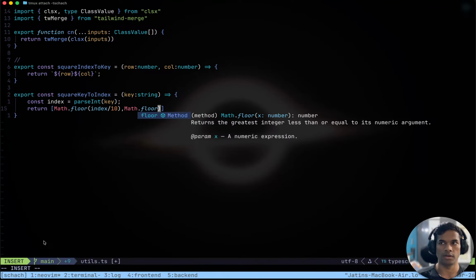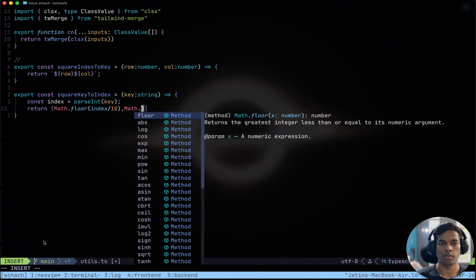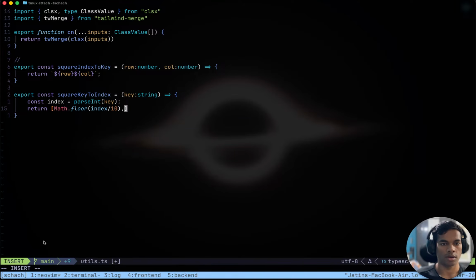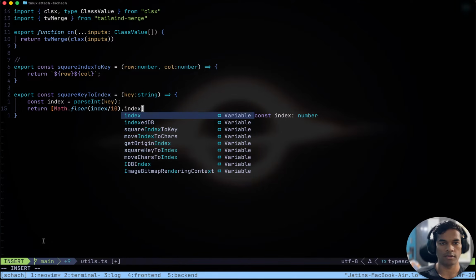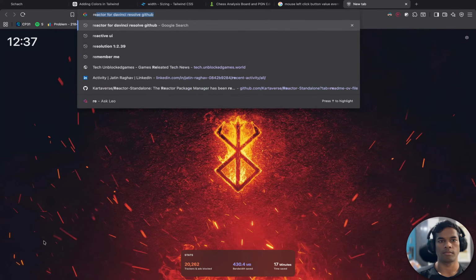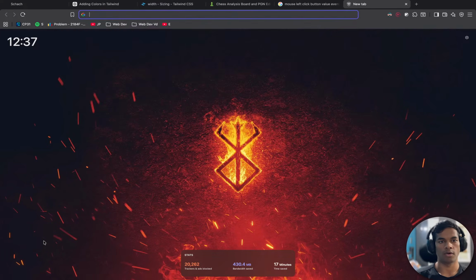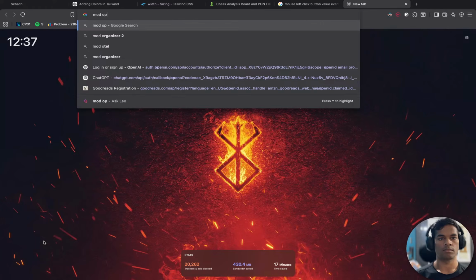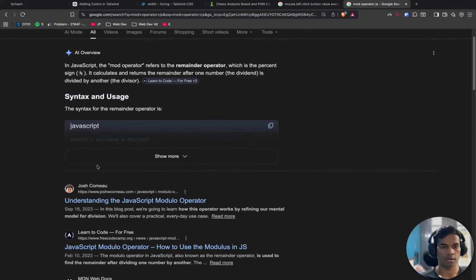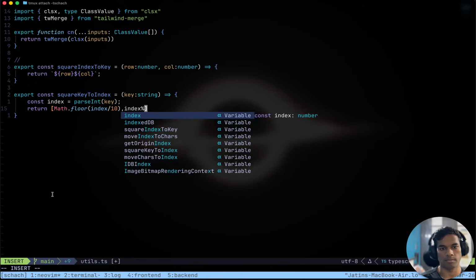We don't need floor. Remainder. For remainder we can use here index remainder. How do we find remainder? Modulus. Mod operator in division. Okay.